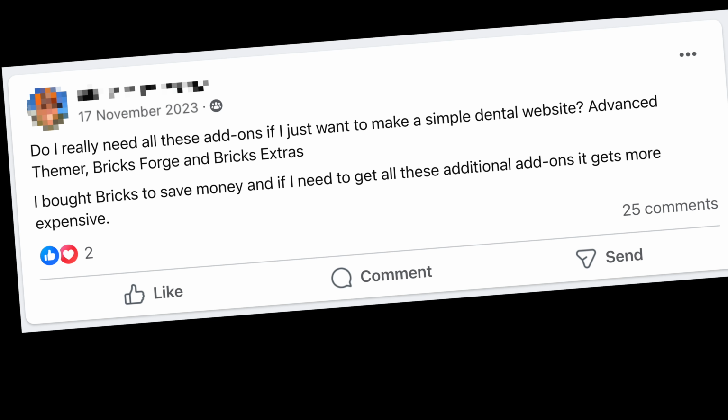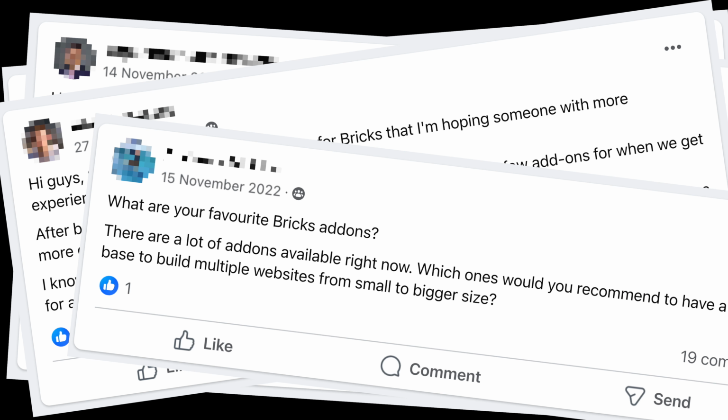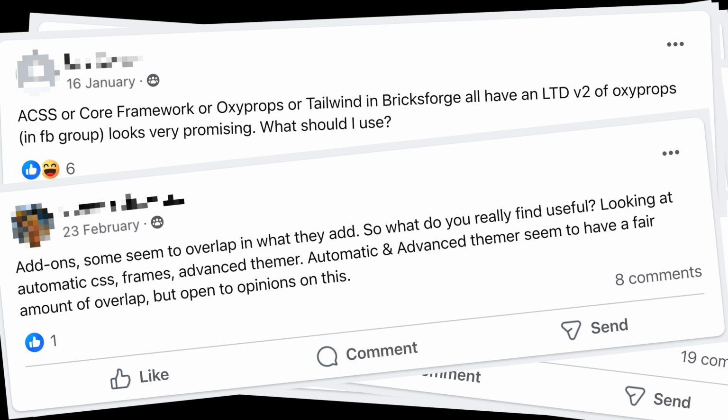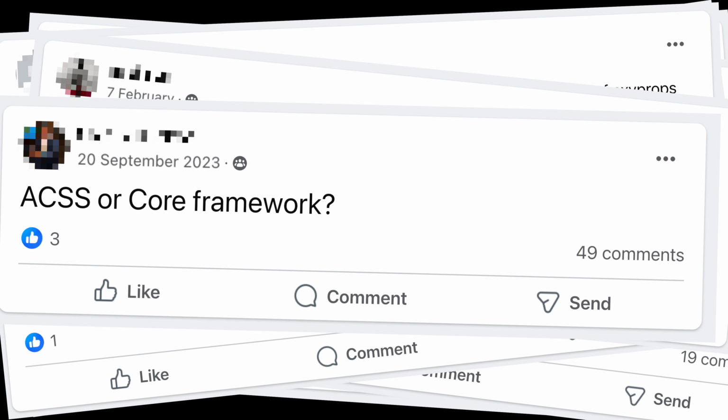Throw a rock at the official Bricks Facebook group and you are guaranteed to hit a post like this. I'm new to Bricks, which add-on should I get? Do I really need a framework? What's the difference between ACSS and Core Framework and Advanced Themer and whatever else? I do understand it can all feel a bit confusing and overwhelming when you come into Bricks for the first